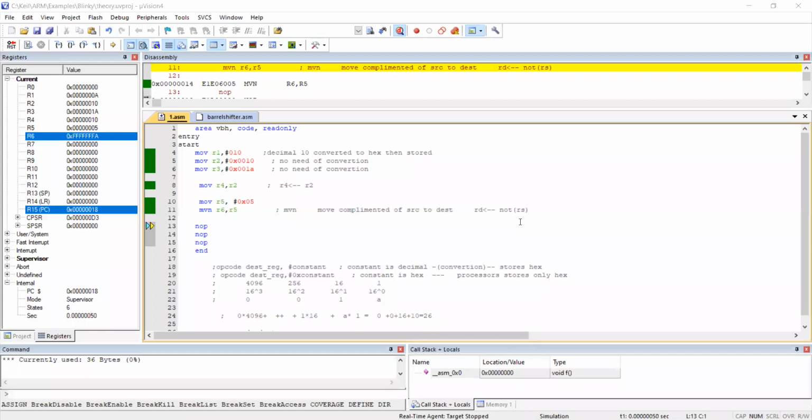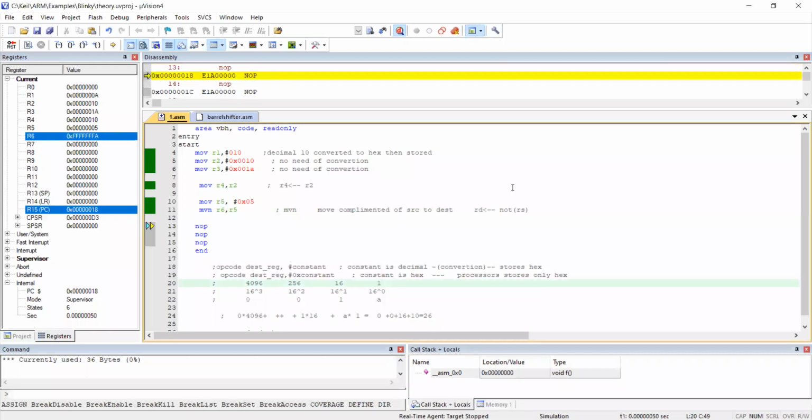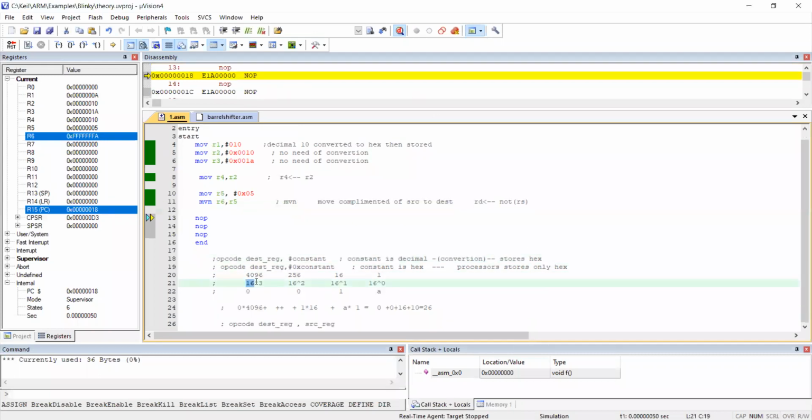4 zeros means 0. Why is it that 4 zeros means 0? Here, instead of the place of 16, you mention it as 2. That's it. Binary coded decimal. See here, you substitute this as 0. What will you get? See, 1. Here you will get 2. Here you will get 4. Here you will get 8. That's it.